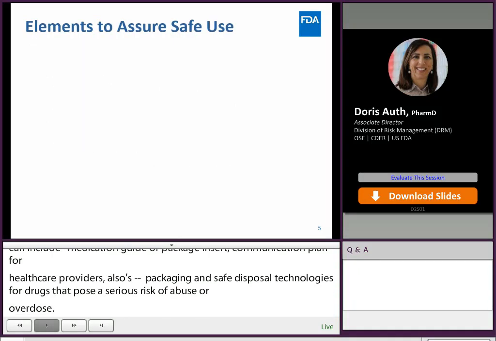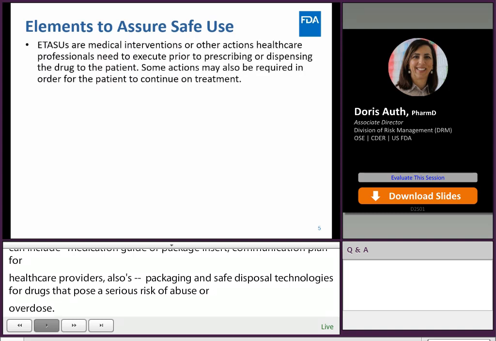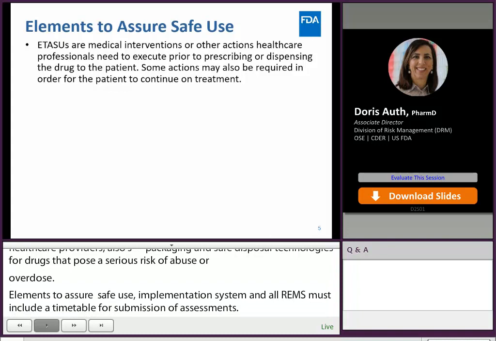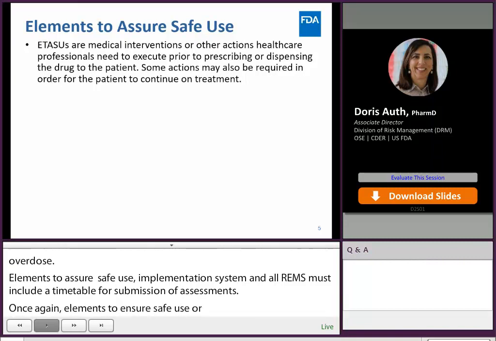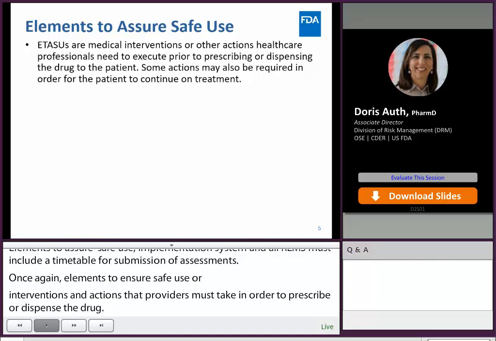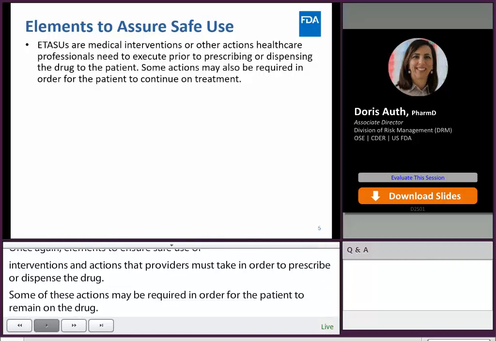Once again, the elements to assure safe use are interventions or actions that healthcare providers must take in order to prescribe or dispense the drug. And some of these actions may also be required in order for the patient to remain on the drug. These 6 requirements, or elements to assure safe use, are not mutually exclusive. And most REMS employ a combination of them, including